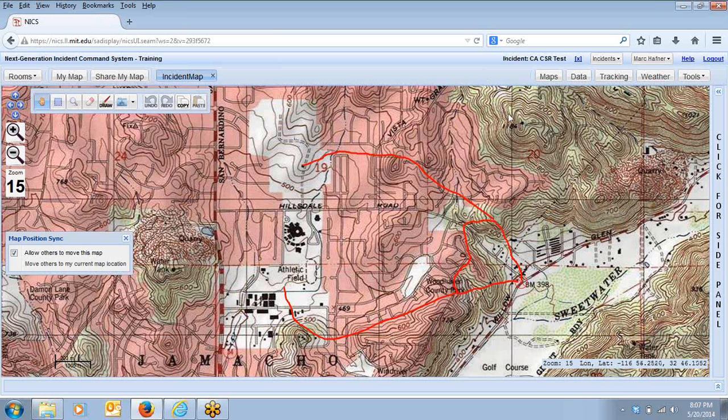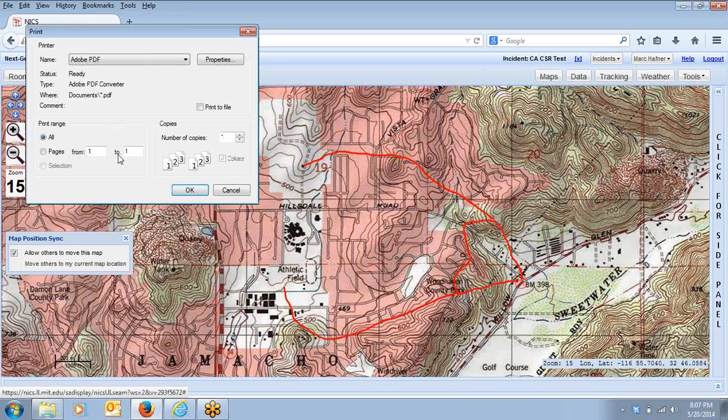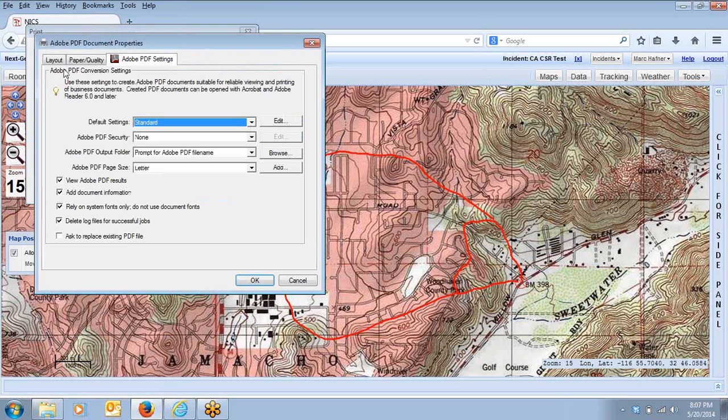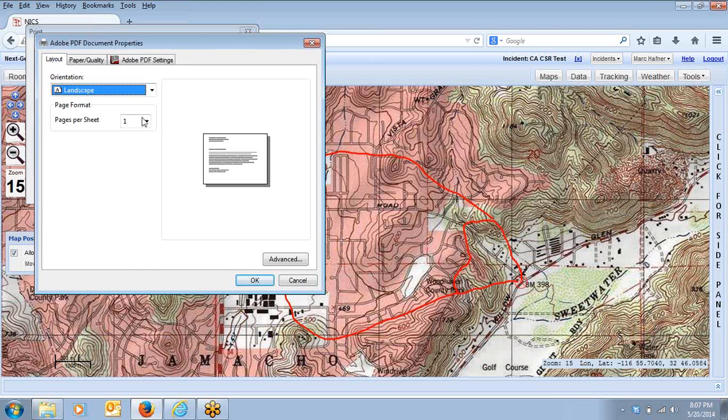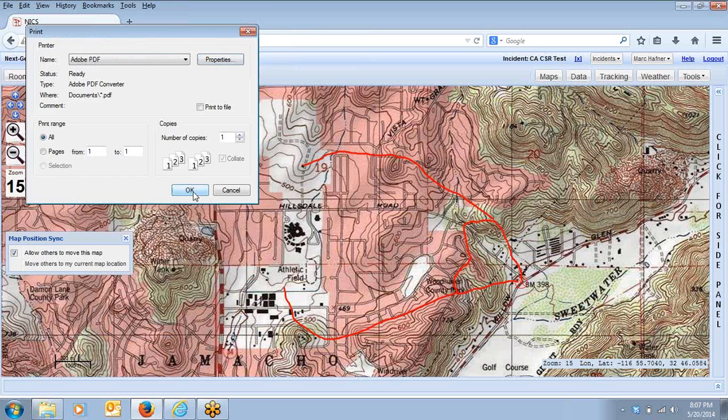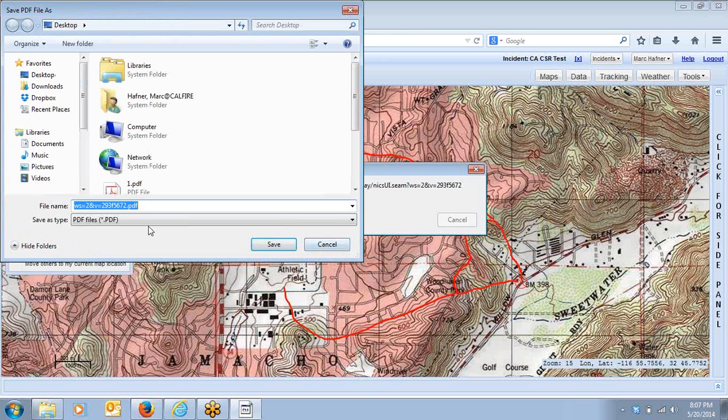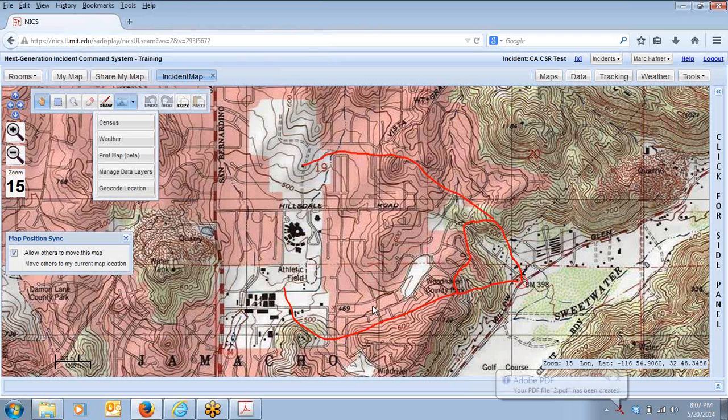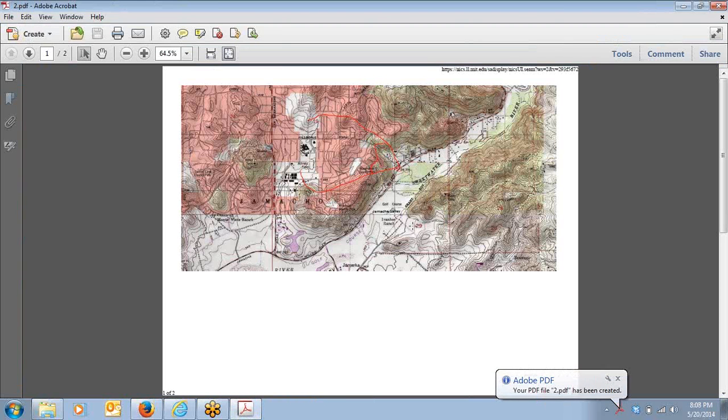Again, change the map to the topo quad layer, go up to the Application Center, click Print Map, the Adobe PDF. It's already in a landscape format. I click OK. OK, it prints it. I'm going to call this one number 2. And when I save it, it's already made it, and that's what it will look like in a